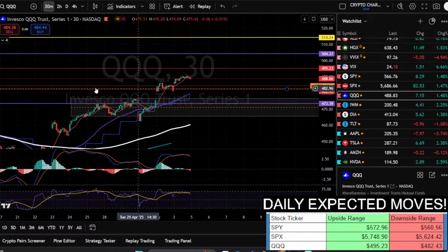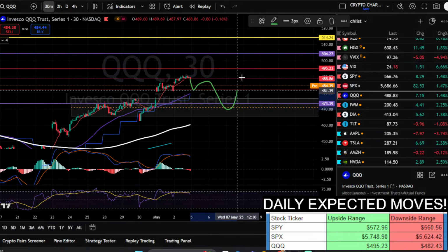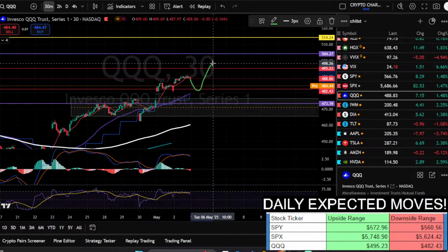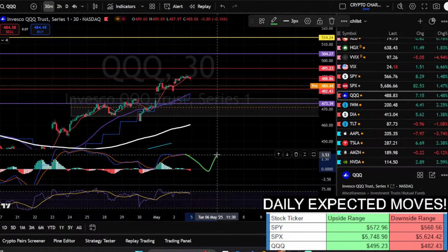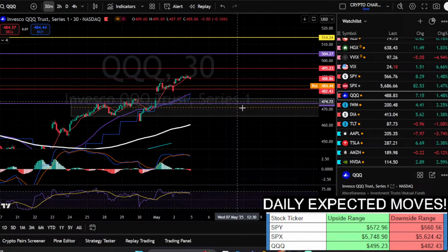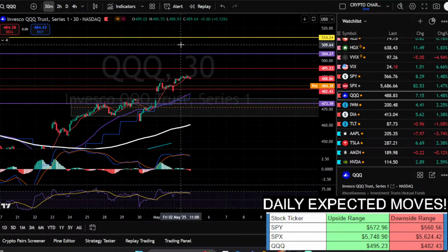So we have to more so pay attention to this. I know everyone's probably excited for something like this to happen. If that doesn't happen, what if we do this and then do this? Right? What if we just curl right back up? So we're going to look for the confirmation of the 30-minute going to the upside. We're going to look for weakness down in these areas as far as momentum to the downside, because bullish trades are overall going to be the easier thing in this kind of environment for the time being